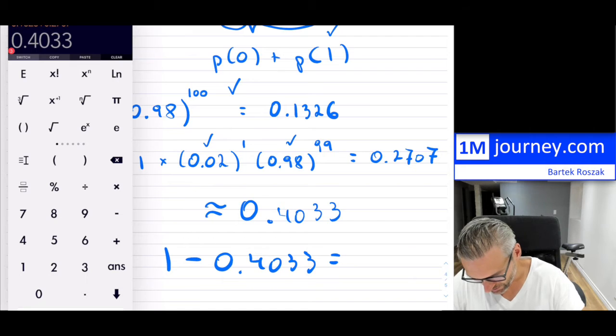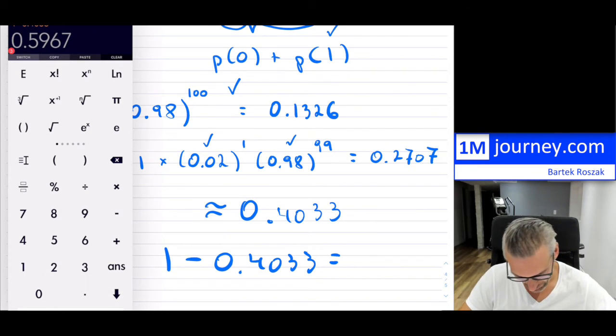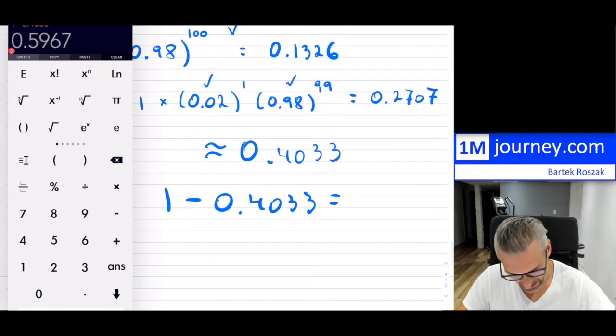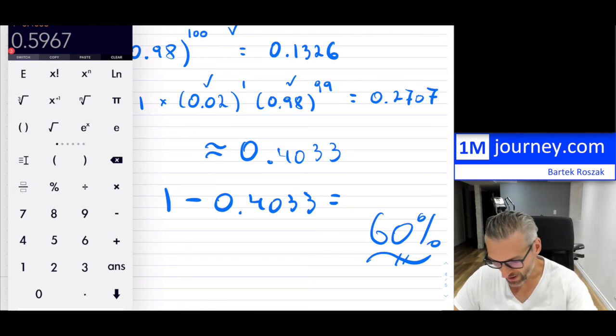Okay, so what would we have? 1 minus 0.4033 equals, so this is approximately 60%. I'll just round this off. So approximately 60%. All right. So that would have been,